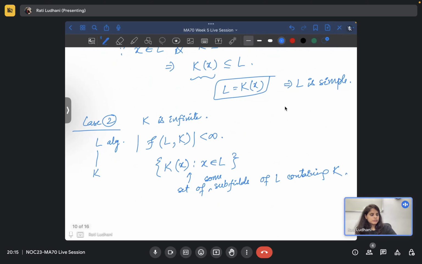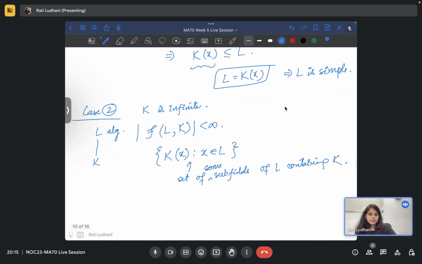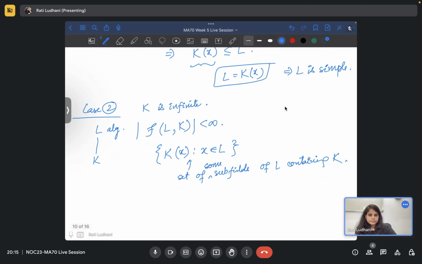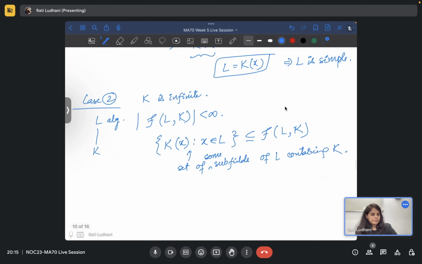So this is a set of some subfields of L containing K. Now you know that this set will be contained in this set J, right? So this implies this K(x), x belongs to L, will be finite,